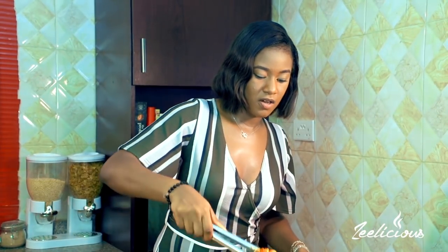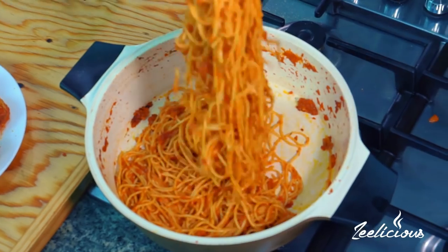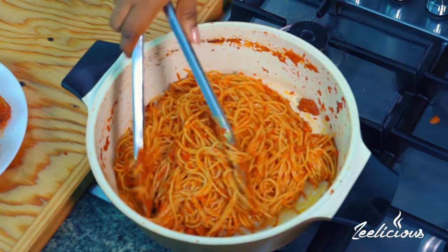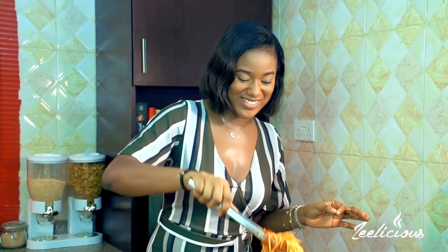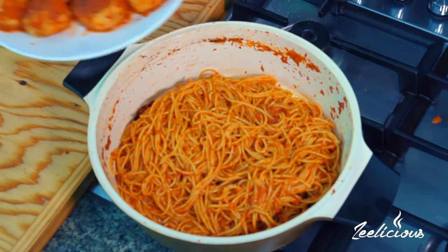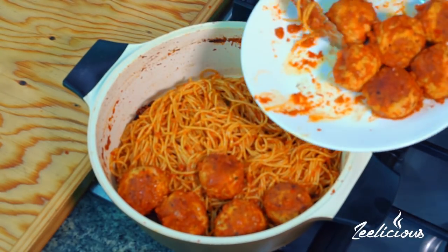Okay, almost there now. You can see that my pasta strands are standing apart. Everything just looks perfect. Everything just looks yummy. The pasta is al dente, perfectly cooked. I like that word, it's so fancy. Okay, so what I'm going to do next is just bring the meatballs back into the pot. So just grace it. Everything just goes right back in, and